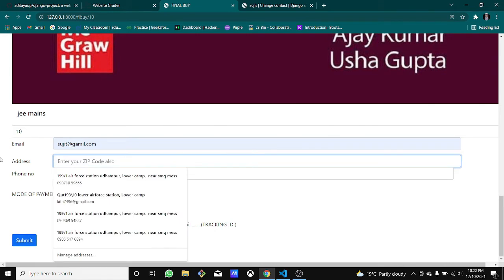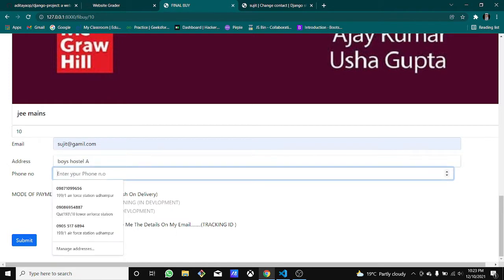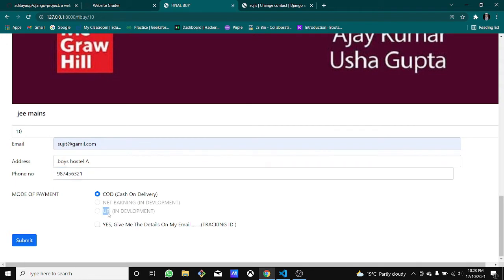For the mode of payment, we have just COD here, but we are trying to get UPI and net banking. These both are in development. Hopefully we will do that soon. If you want the details of the product you are buying, its transaction and placement, you can click here: give me the details on my email, the tracking ID basically.